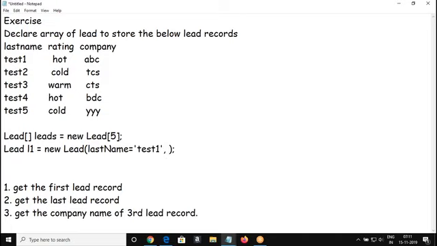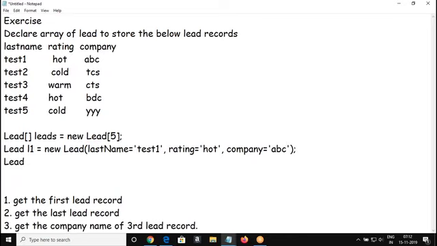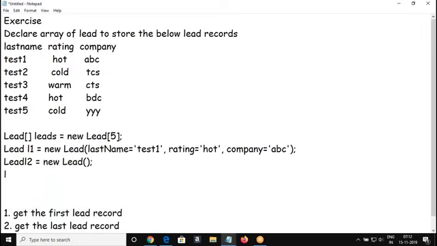With comma separated values, I can also do it either in this format or in this format. Either way is fine, am I right?